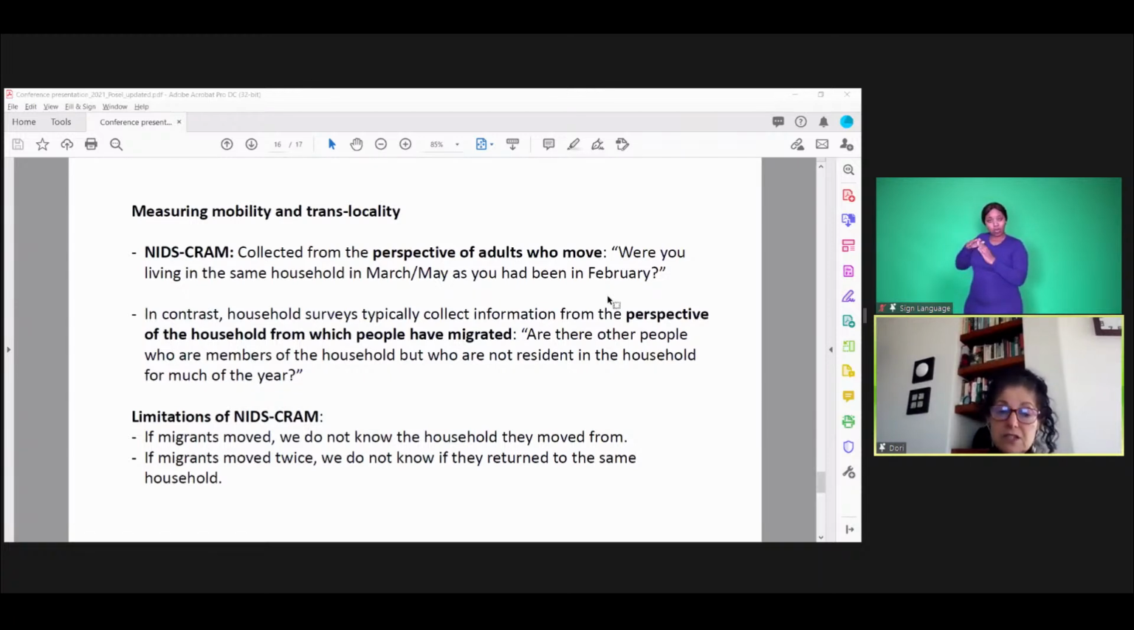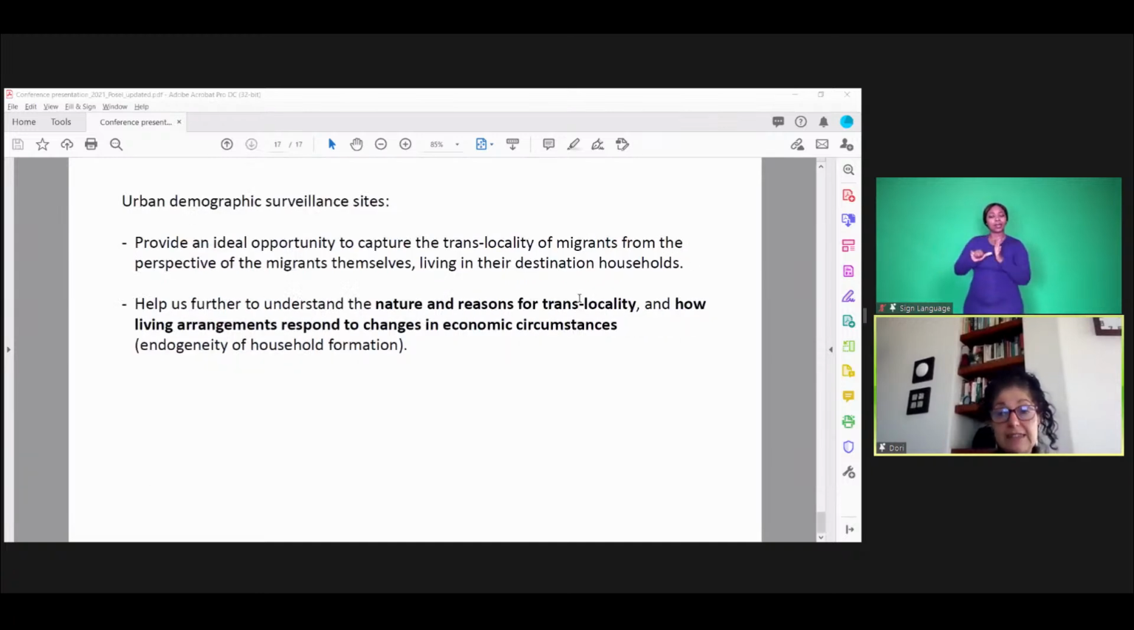Now, there are limitations of the NIDS CRAM data because if migrants moved, we do not know the household they moved from. And if migrants moved twice, we do not know if they returned to the same household. And these limitations are really not surprising given that the whole NIDS CRAM interview, which was conducted telephonically, only lasted 20 minutes. But it highlights the importance of the urban demographic surveillance sites that are being introduced in South Africa